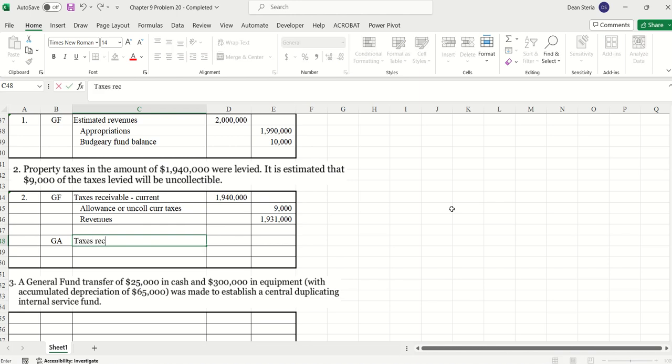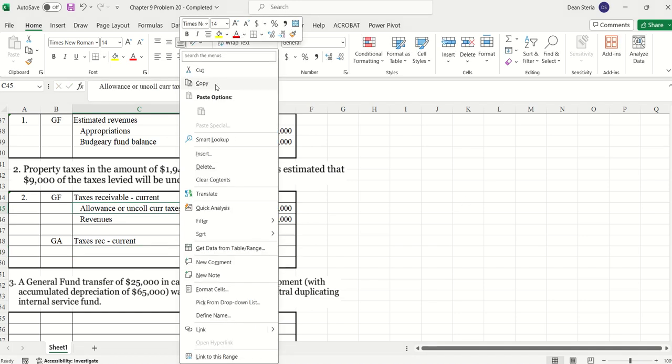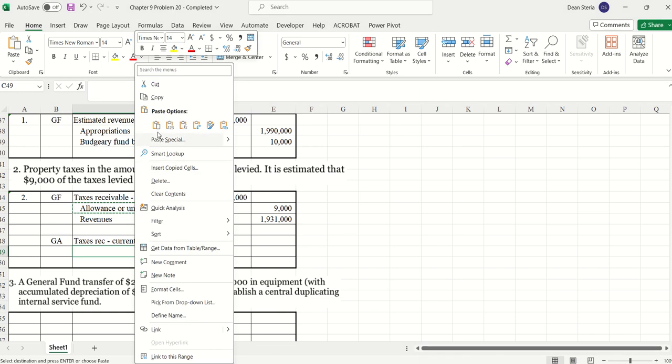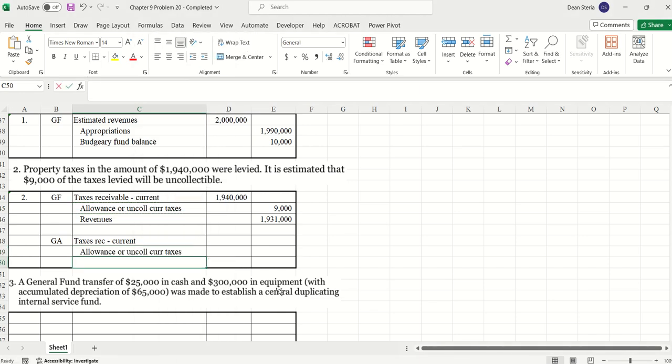Taxes receivable, current. Allowance for uncollectible current taxes. And then general revenues. Okay, so I'm just going to copy this down here to save some time. And then down here is going to be the general